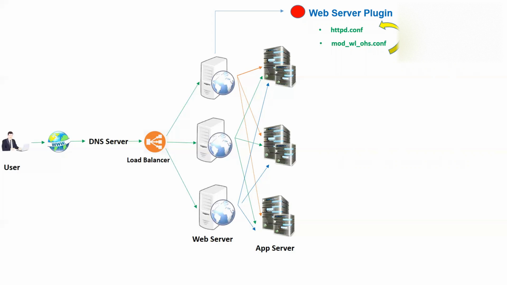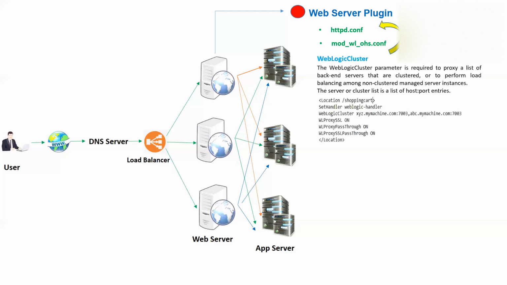Okay, so all the redirection from the web server to the backend WebLogic server, or maybe some other application servers, is defined in the mod_wl_ohs file, and this is the file you will find with the Oracle HTTP Server. So what are some important parameters for that one? The first one is the WebLogic cluster parameter. For example, in the backend you have 2 or 3 or maybe more servers running behind your web server, and you want to forward the request to all of the application servers. Then you can define